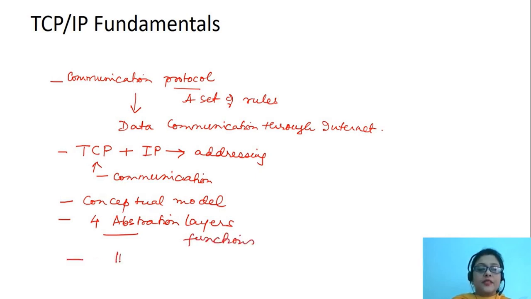TCP IP is basically a hierarchical structure. And it enables data transmission between two entities through the nodes of the network in the internet, and mainly it